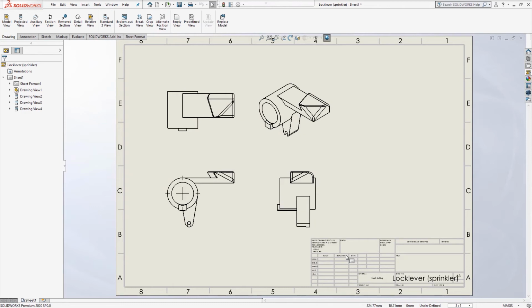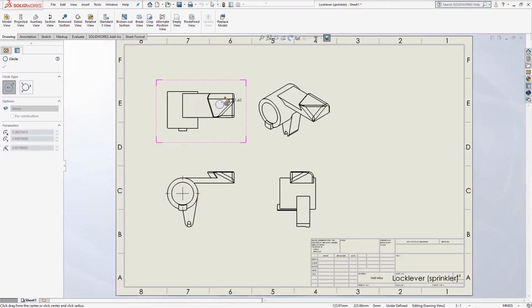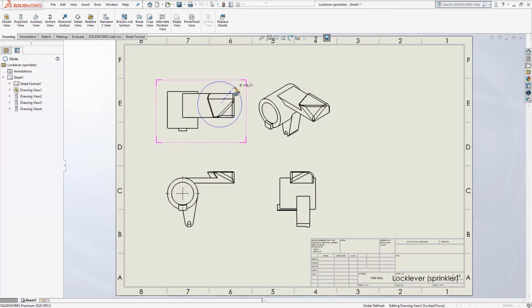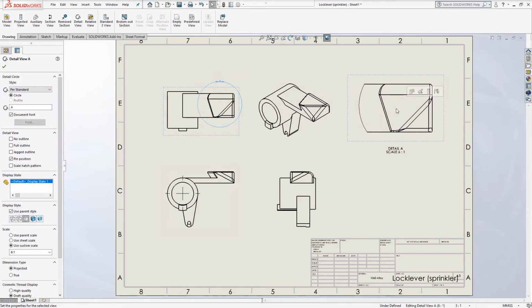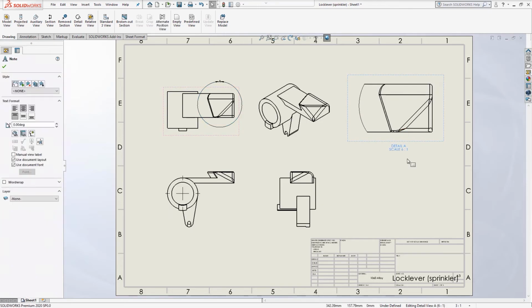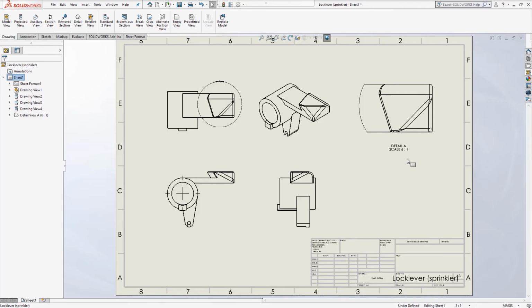To capture some additional detail about the drawing, we're going to place another two views, a detail and a section. Select Detail View from the Drawing tab and sketch a circle over the area of interest. Once sketched, a secondary view will appear on the cursor. This can then be positioned on the sheet. The detail name and scale is shown underneath the view.